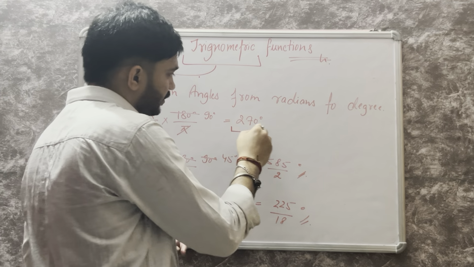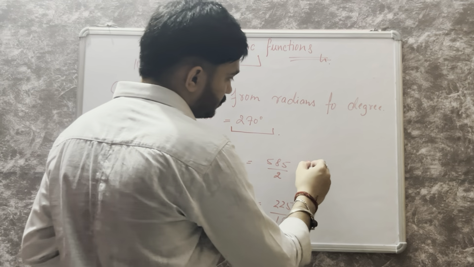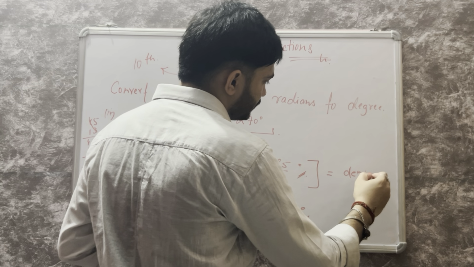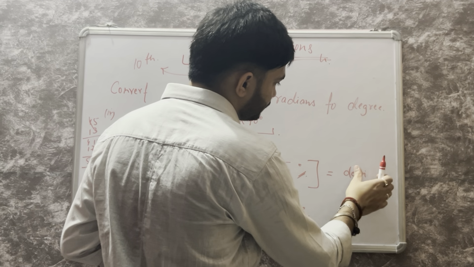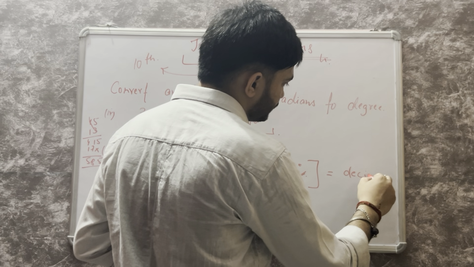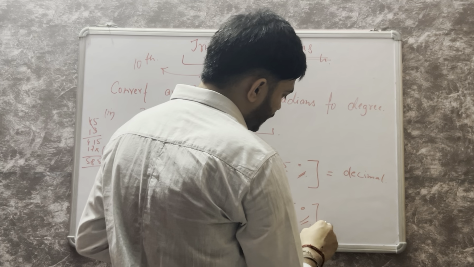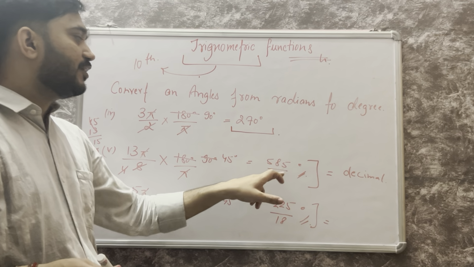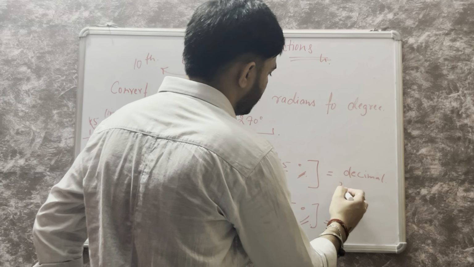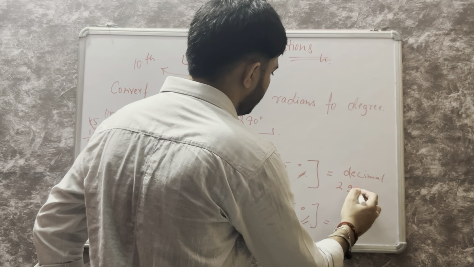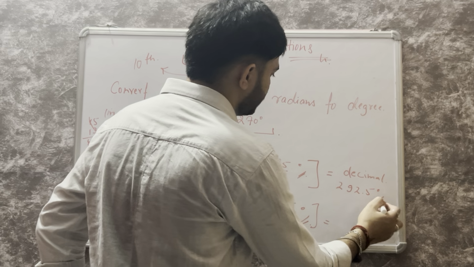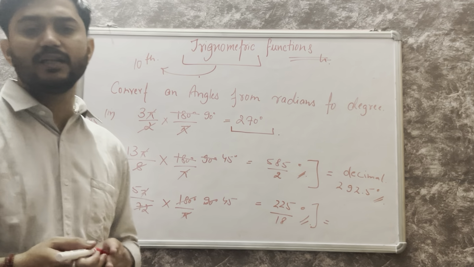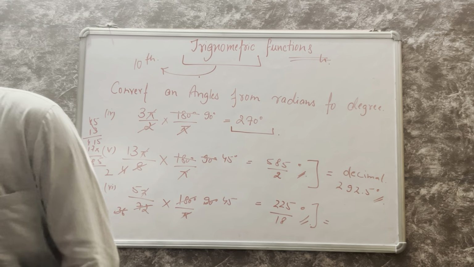Since we get a clear answer in this, a decimal answer in this, and here also we get the answer in decimal. When we divide 585 by 2, we will get the answer 292.5 degrees. And similarly, when we divide 225 by 18, we will get the answer in points. But